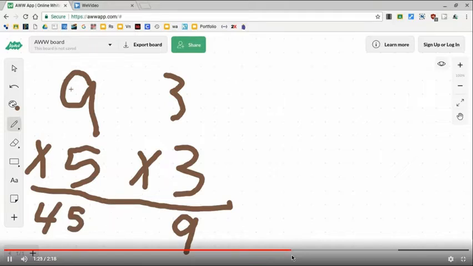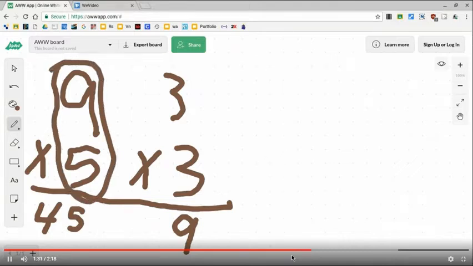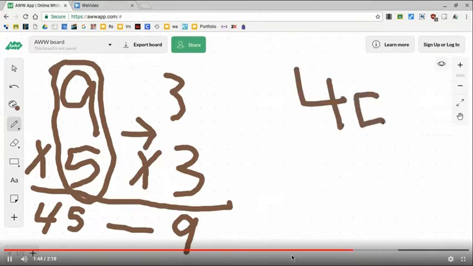Since you want to find out how many more there is of this, you're going to want to subtract more of this than that. You're going to want to subtract this. And 45